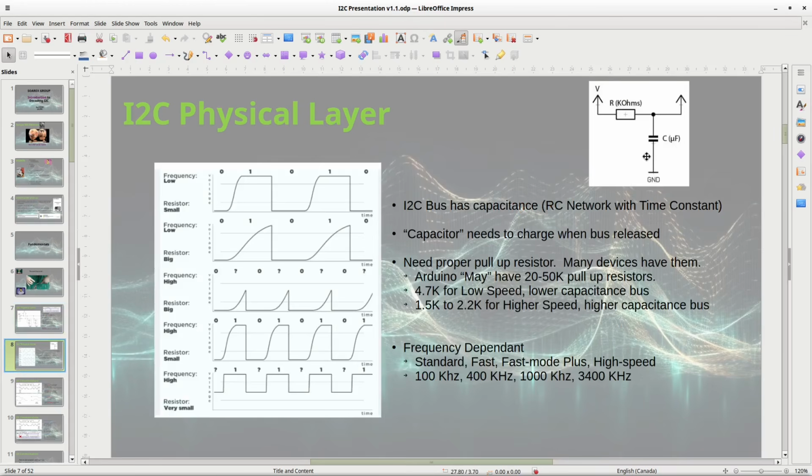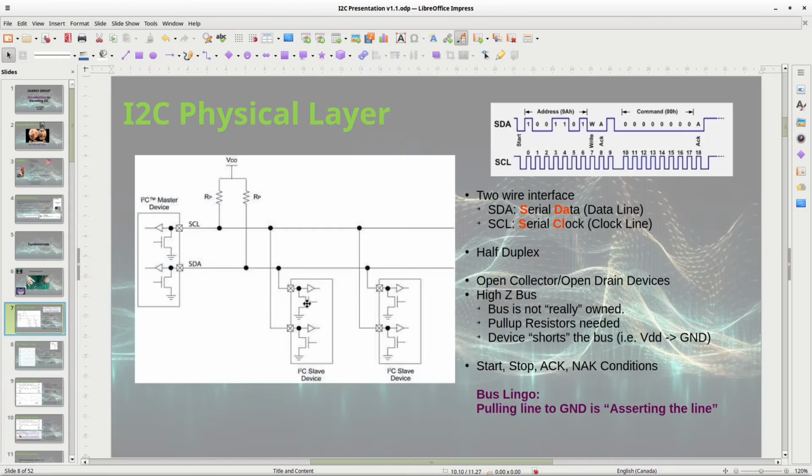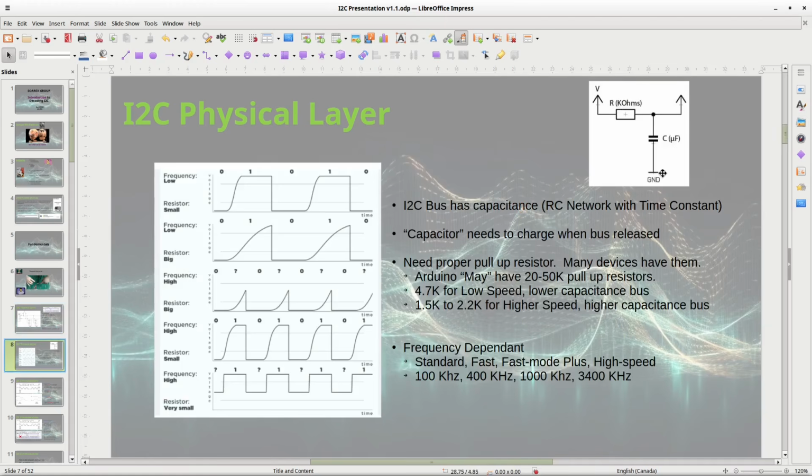So that forms an RC network. When the device asserts the line, it turns on this FET and shorts the bus capacitance to ground, and it drops immediately. It doesn't matter what size resistor or what frequency you've got, it pulls automatically to ground because you're shorting that capacitor.